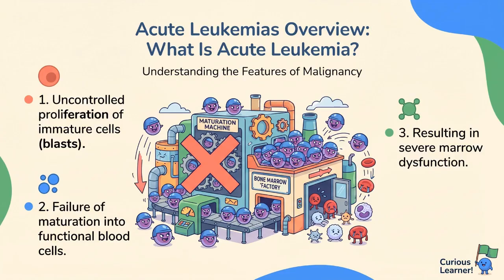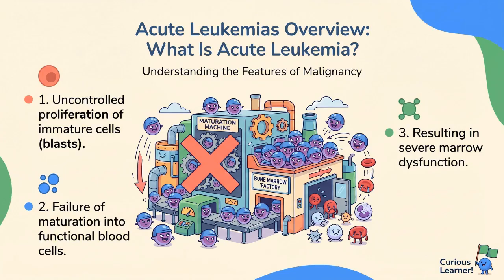This uncontrolled growth is coupled with profound failure of maturation, meaning these blasts do not differentiate into functional mature blood cells. The consequence of this dual pathology is significant marrow dysfunction. The rapidly expanding population of blasts crowds out the normal hematopoietic stem cells, leading to a severe reduction in the production of healthy red blood cells, white blood cells, and platelets. This disruption of normal hematopoiesis results in the clinical manifestations of anemia, infection, and bleeding that are characteristic of acute